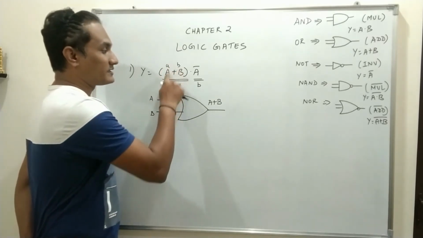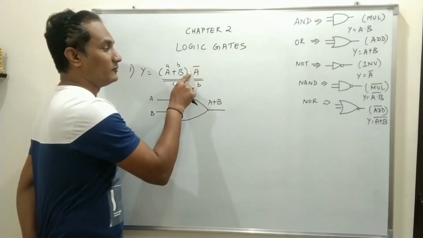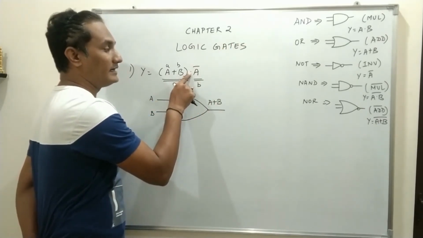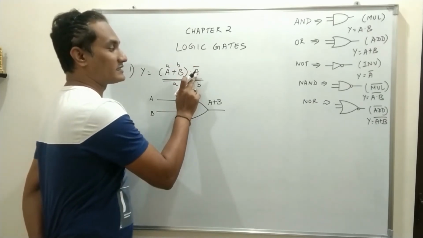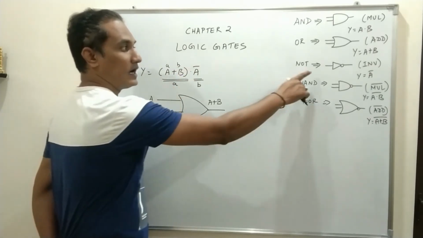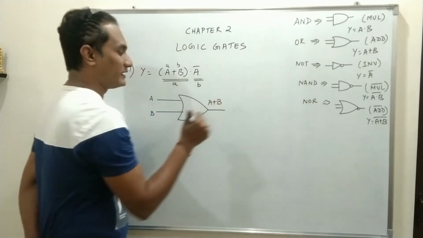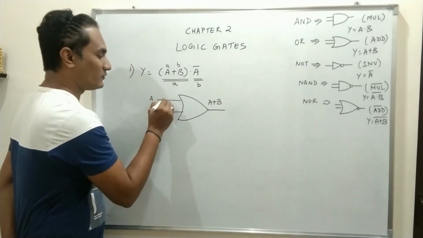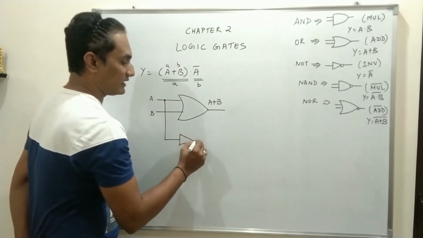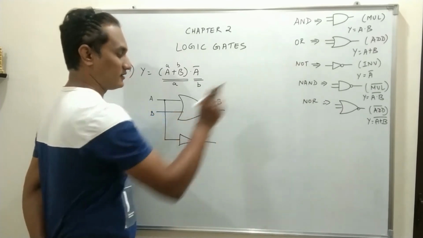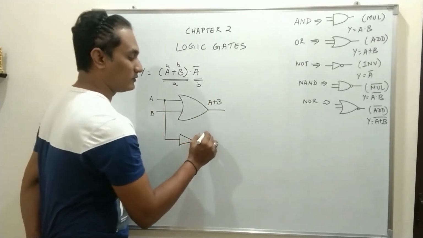Now this expression, dot sign indicates AND operation, will be connected by an AND gate with the second expression. What is the second expression? The second expression is A bar. And how do you get a complement over a variable? By using NOT gate. We already have A, so what we do is we take one A from here and we connect a NOT gate. What does the NOT gate do? Complements the input. What is the input for this NOT gate? A. So what will be the output?